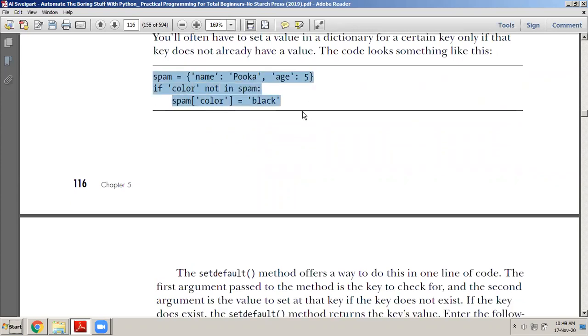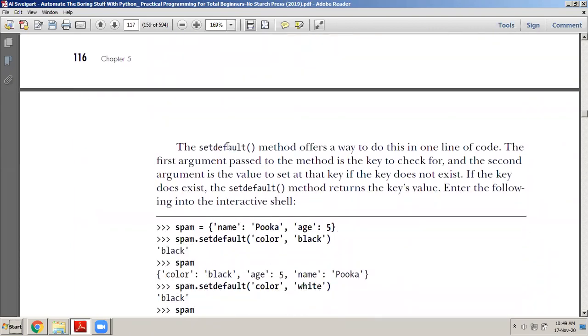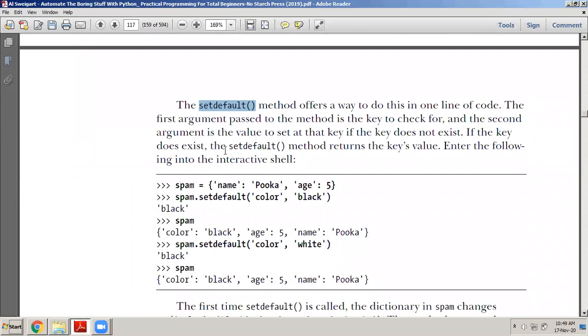This is one way of doing it. If you want to add a new element to the dictionary, this is one way of doing it. But you have to have an if condition for that. You need to check if it is present, if it is not present, and all that. This is a little lengthy procedure. If you want to do it in a shorter way, we use the setdefault method. Why do we use the setdefault method? It is something like this.